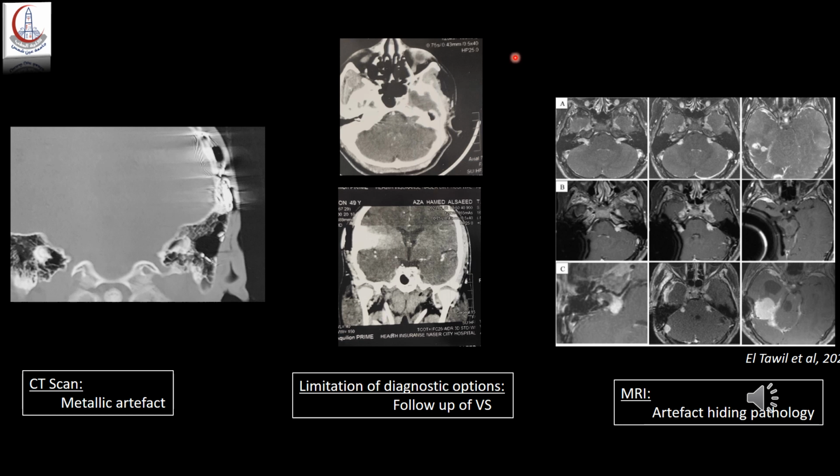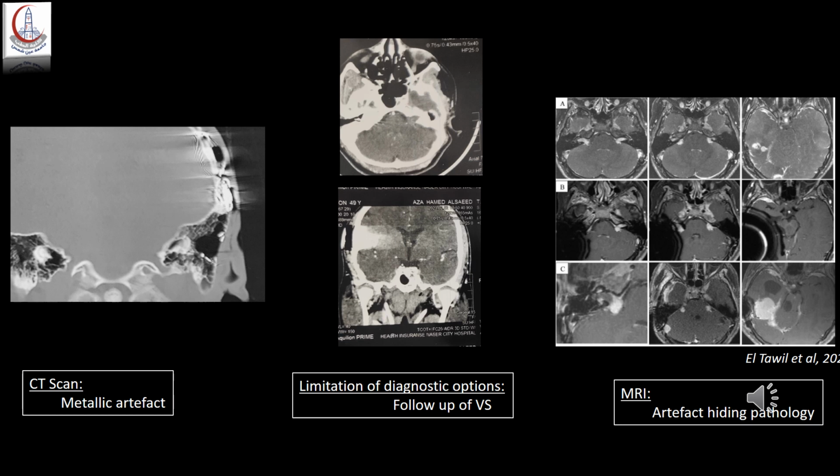This was a patient with a vestibular schwannoma and bilateral profound sensorineural hearing loss, and she had to undergo cochlear implantation to help her. However, the presence of the cochlear implant means that she cannot undergo an MRI to follow up her vestibular schwannoma. So we had to resort to a contrast-enhanced CT scan to follow up the progress of the vestibular schwannoma. But here, the presence of the cochlear implant leads to limitation in our diagnostic abilities